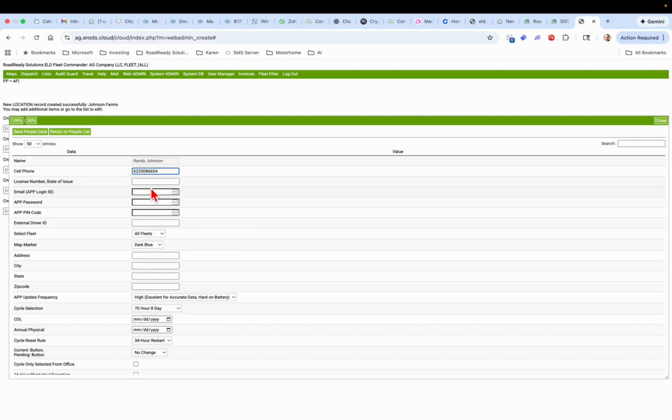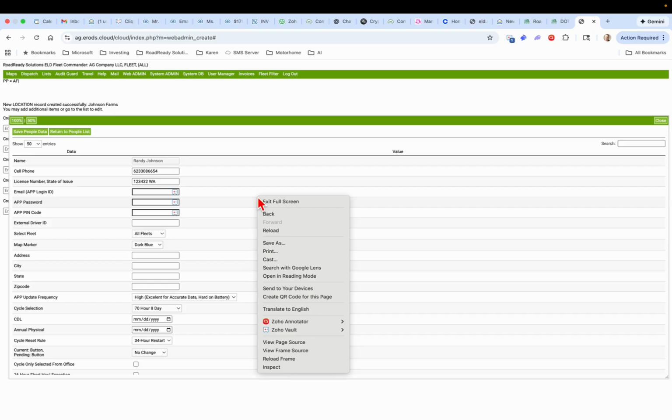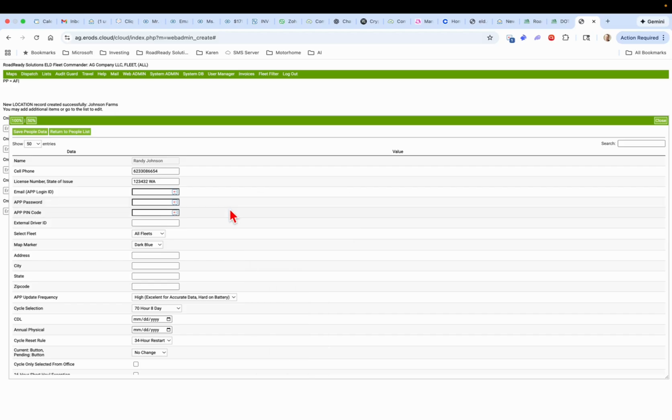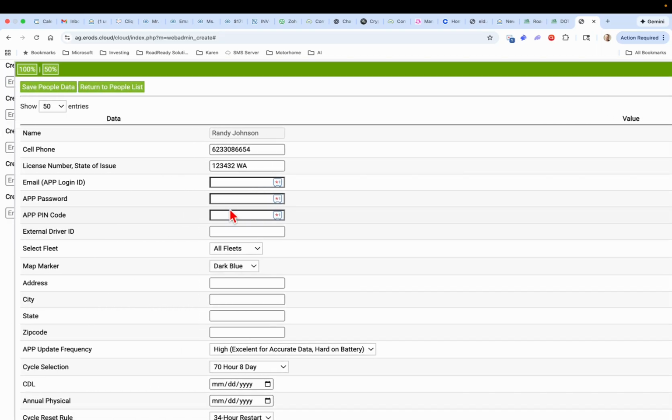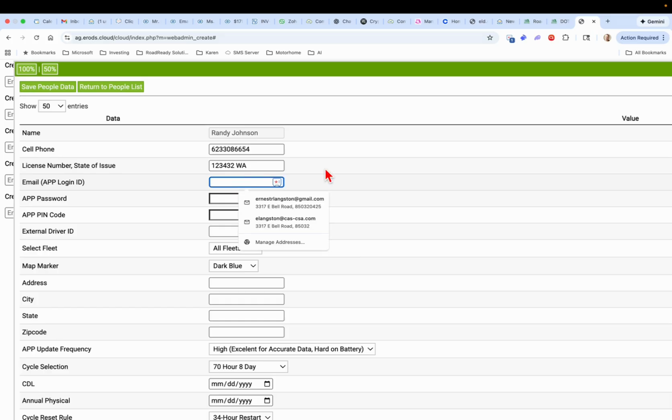Add the driver's cell phone number, the driver's license number, followed by a space and two-letter designation of the state of the license. It's important to have the space followed by the state, the two-letter designation of the state the driver has a license in. Enter the driver's email address,